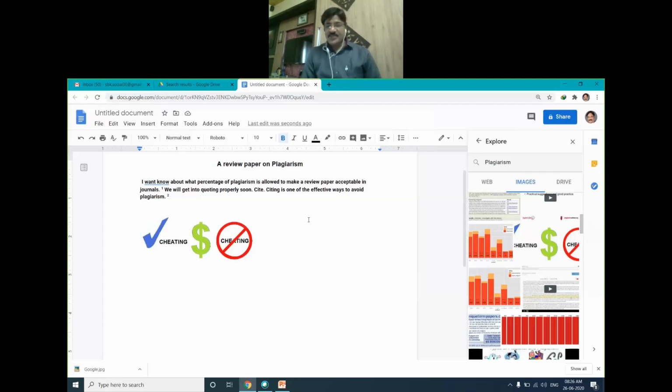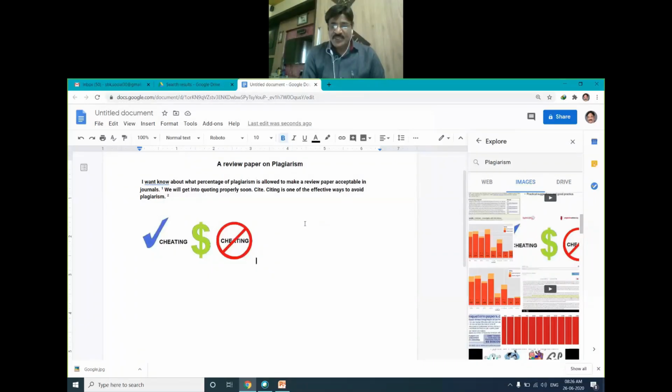Now what is the advantage of this? Assume that you have copied certain images using your normal approach and downloaded them to your drive, and later we have to insert that picture in our Word file. It might be possible that later on you may forget from which particular website you downloaded that image. But here Google is a little bit smart.